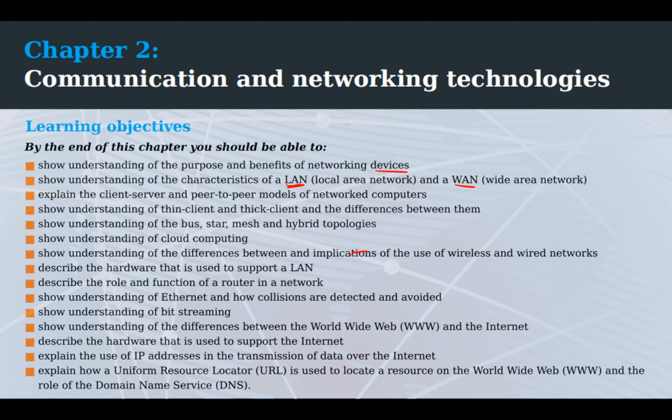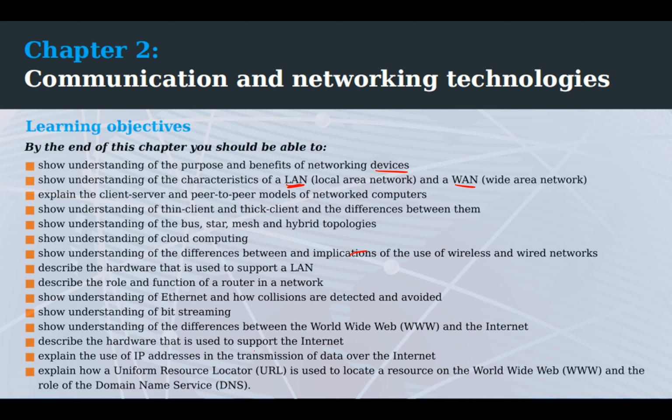We're then going to explain client server and peer-to-peer models. We're going to look at thin client and thick client and the differences between them. We're going to look at different topologies: bus, star, mesh, and hybrid. I think also point-to-point should be on there as well. We're going to briefly look at cloud computing. We're going to compare wireless and wired networks. We're also going to look at the hardware that's used in a LAN, for example switches. We're going to look at the function of a router, so I guess looking at routers in a bit